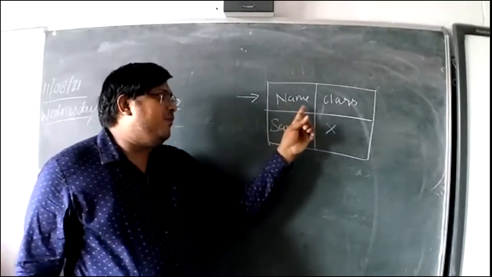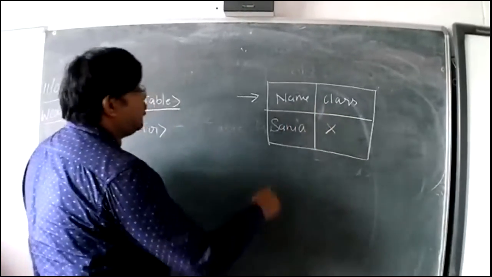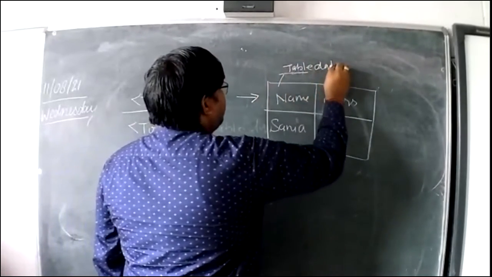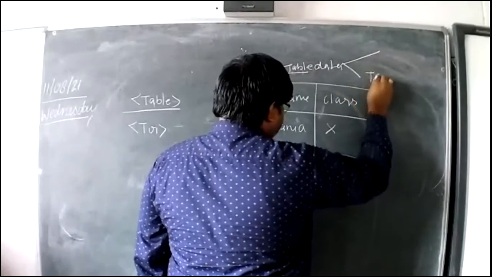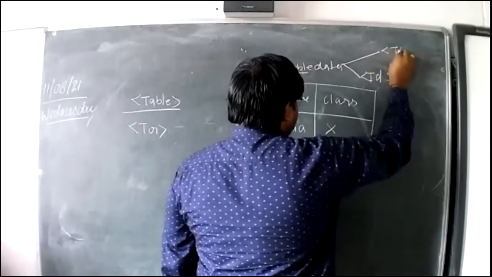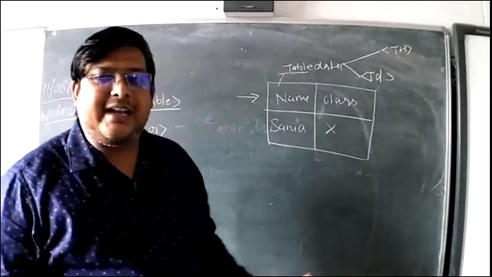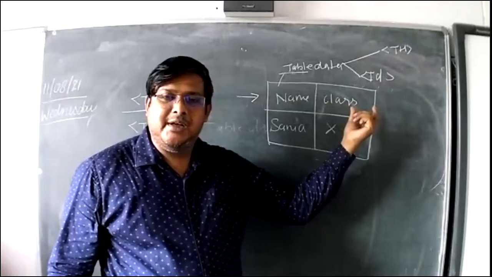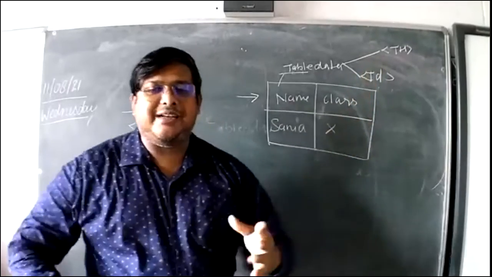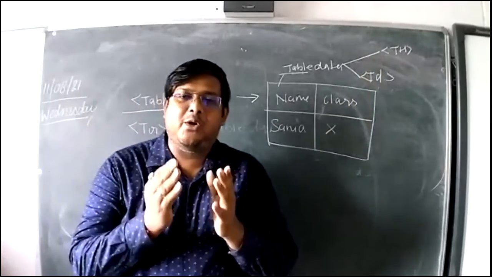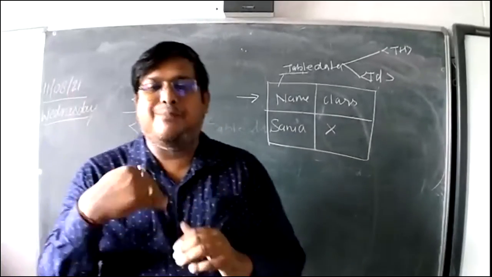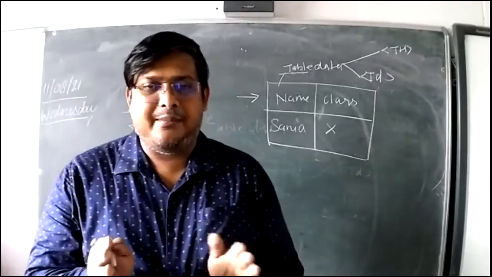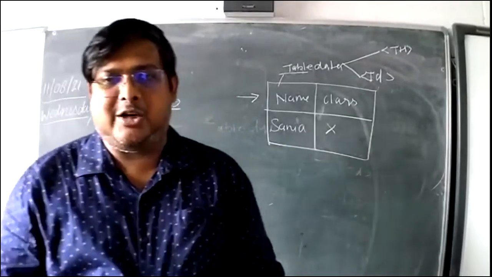Then in this tr, we have 2 columns. Now, to represent the table data, we have 2 tags, the td tag and the th tag. If the data are in the form of headings, like these, name and class, then we will use the th. What is the difference between th and td? Whenever you use th, it shows the data in bold format. And whenever we use td, it shows plain text, meaning it will not become bold. We will see this later on in the system.